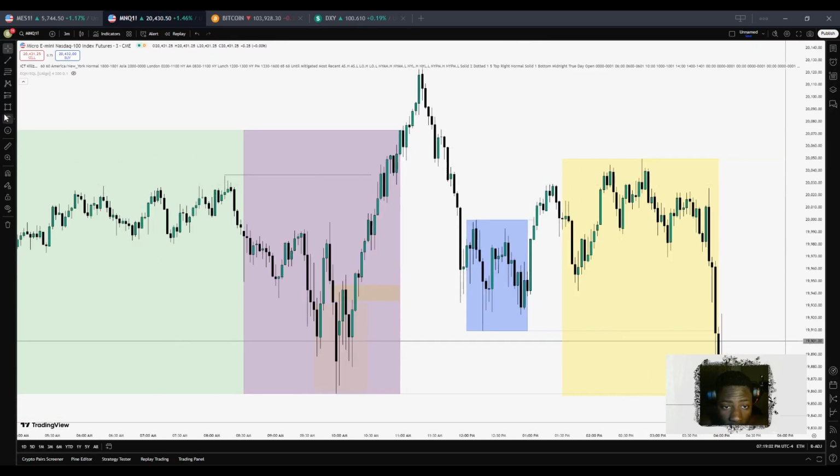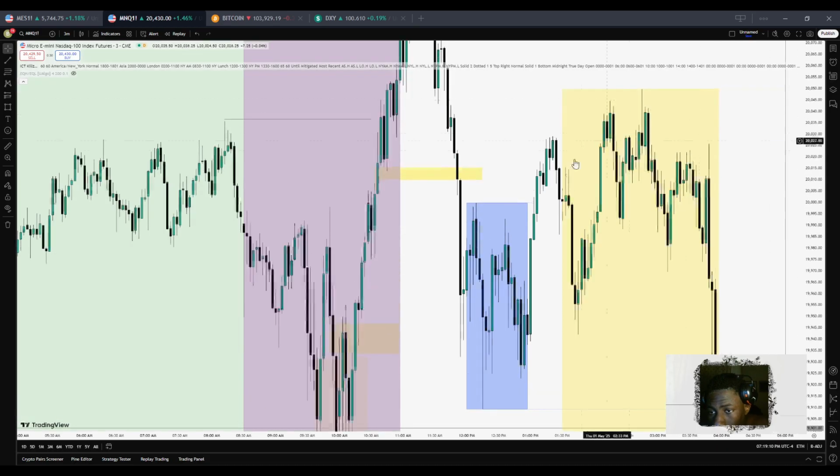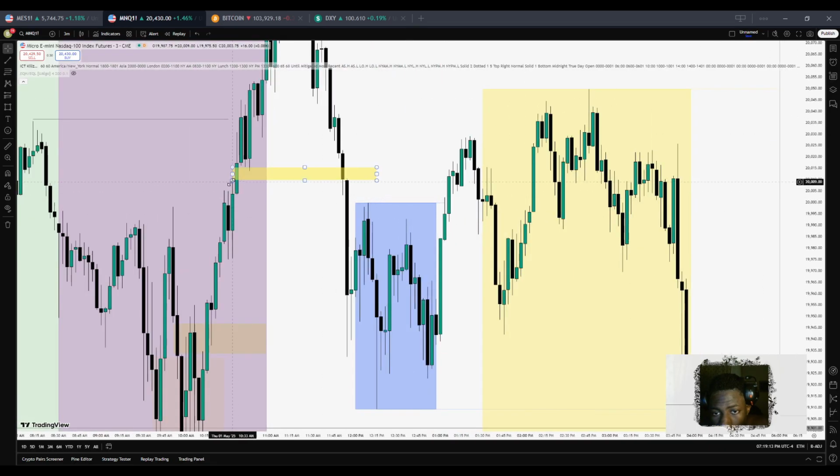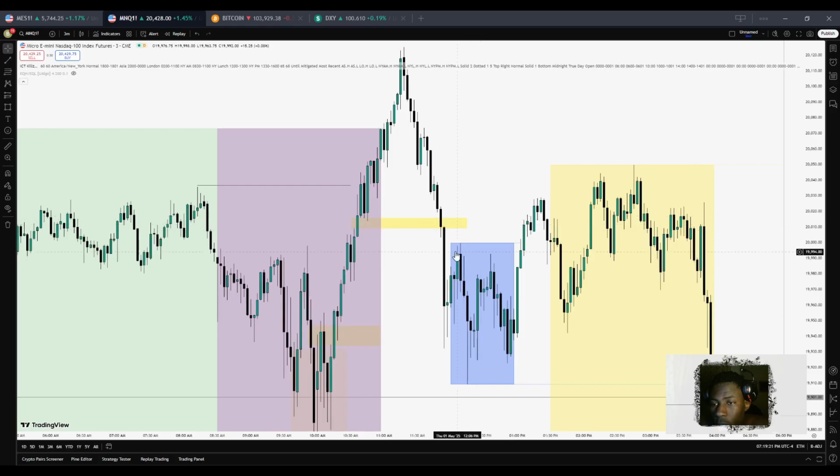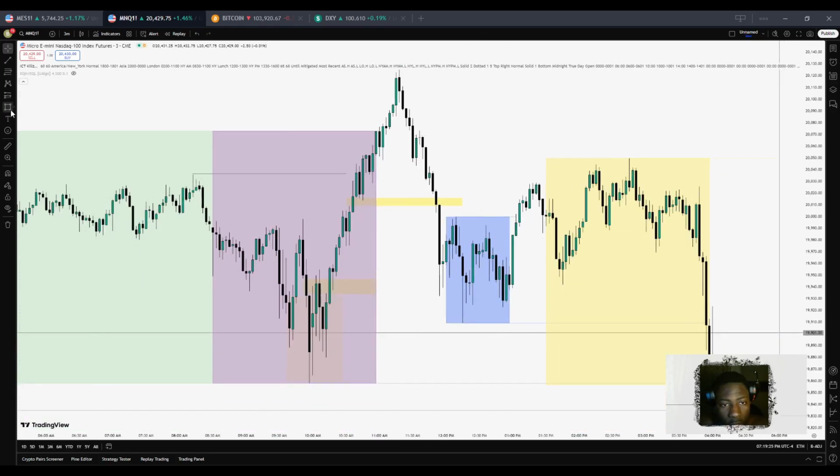We've got one. So we've got this bullish fair value gap right here. It's a little tiny one. Yep, so that's just a little tiny fair value gap there. We inverse it, we close below, and then you can see immediately price ran through to the downside. Your entry is just going to be